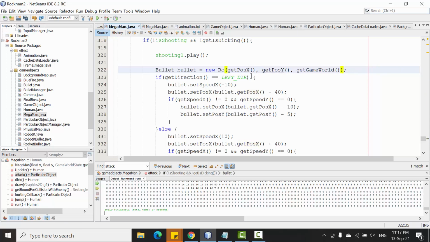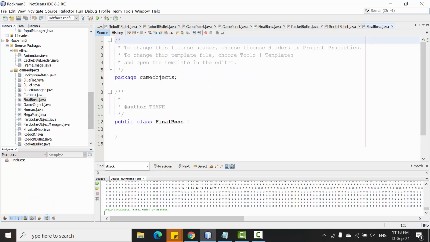Megaman does not need to use the rocket bullet. He just uses the blue fire. And then we go to the final boss here and extend